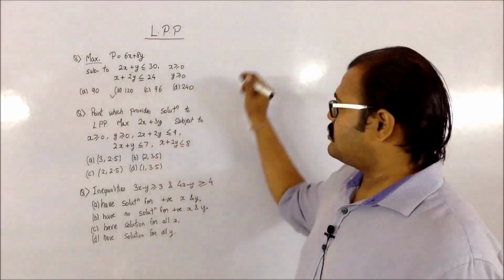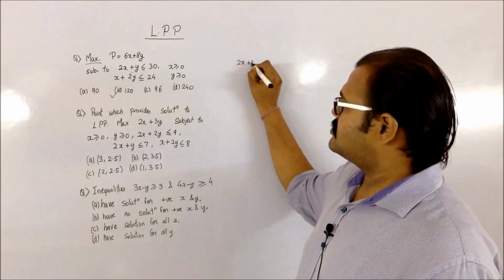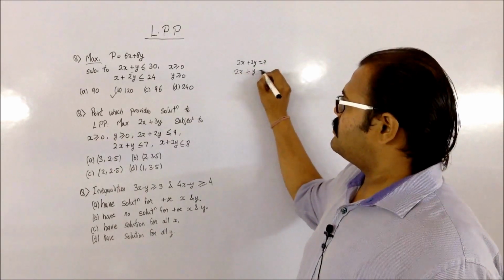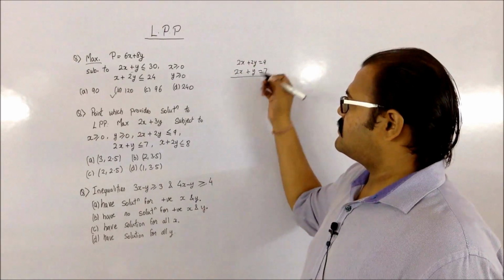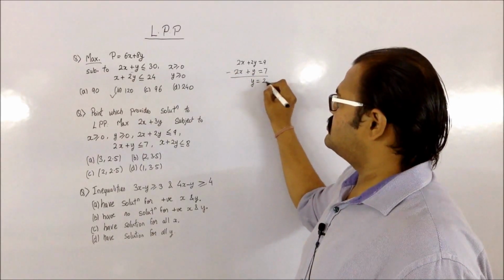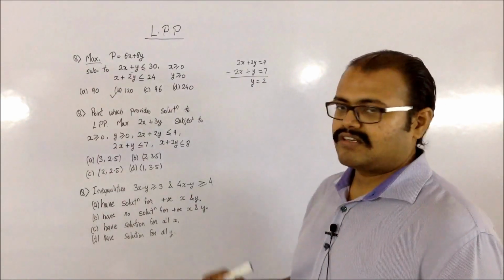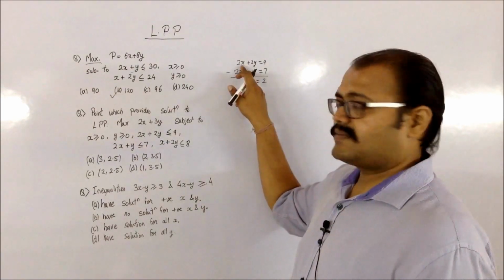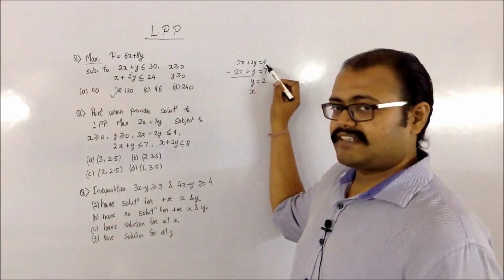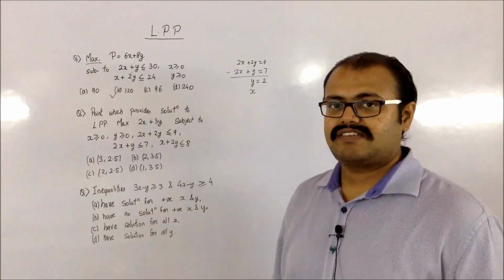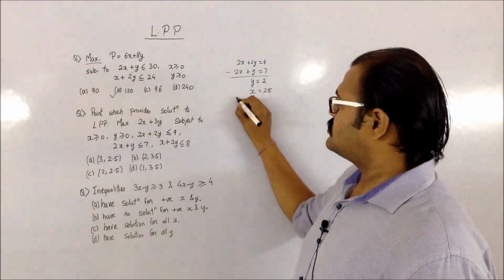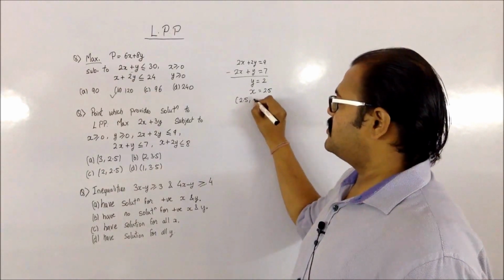So I have to solve this, that is 2x plus 2y equals 9, 2x plus y equals 7. So after solving, if I subtract this, I will be getting y as 2. So if y is 2, I will be getting my x. If I substitute y as 2 in this, I will be getting 2x plus 4 equals 9. So that means my 2x equals 5. So my x value is 2.5. So one of the points I am getting is 2.5 comma 2.